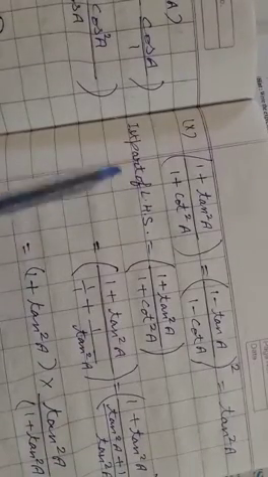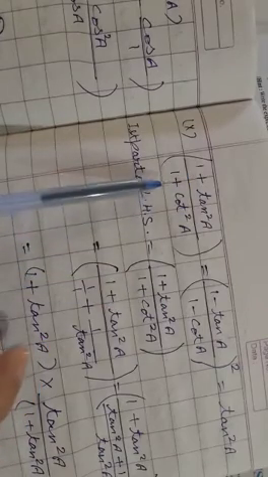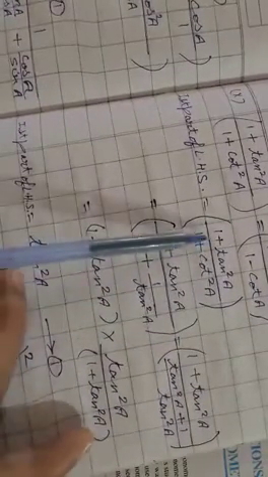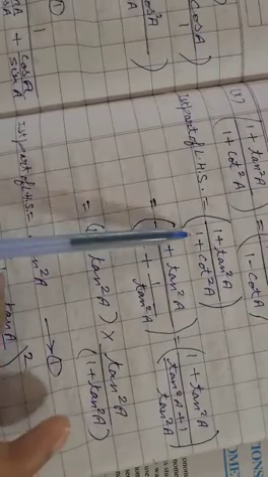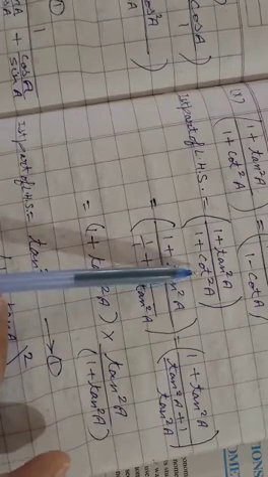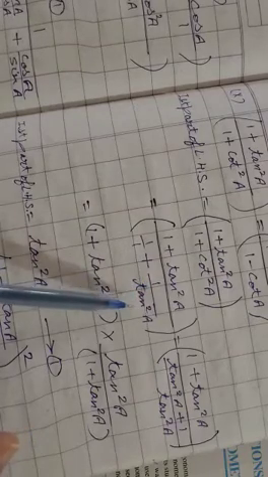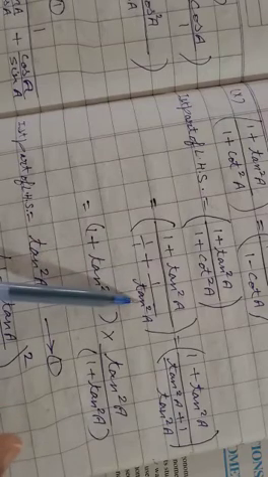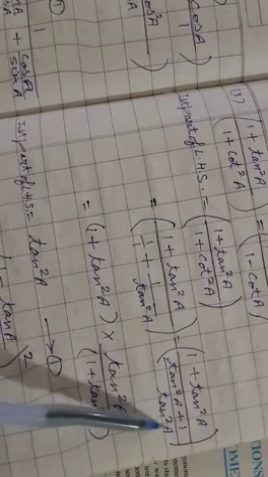Now first we write the first part of the left hand side, 1 plus tan square A upon 1 plus cot square A. Now 1 plus tan square A as it is, and 1 we write as 1 upon 1 plus cot square A. Formula of cot square A is 1 upon tan square A. Now take tan square A as LCM, we get tan square A plus 1 upon tan square A.